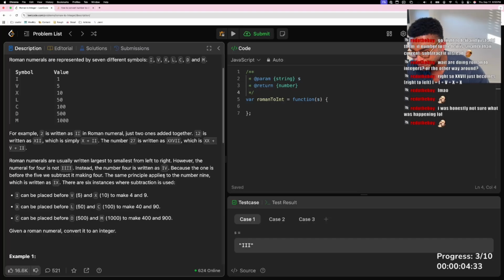Oh, okay, so if it's largest to smallest, you're always adding. And if it's the other way back, you're minusing. So in this case, let's say it's XII, you basically add. It's basically X plus I plus I. Basically what you were saying. And then when we get something like IV,